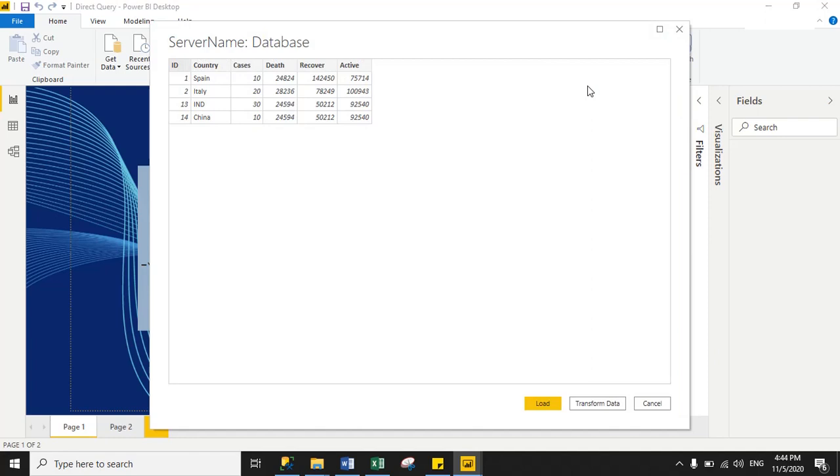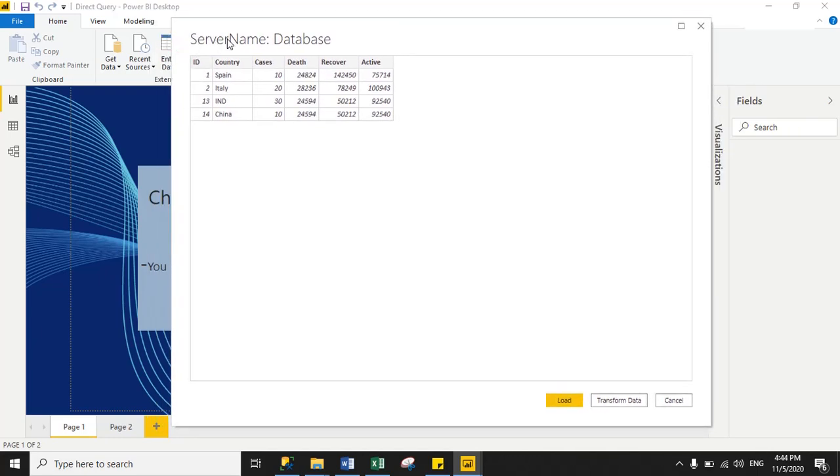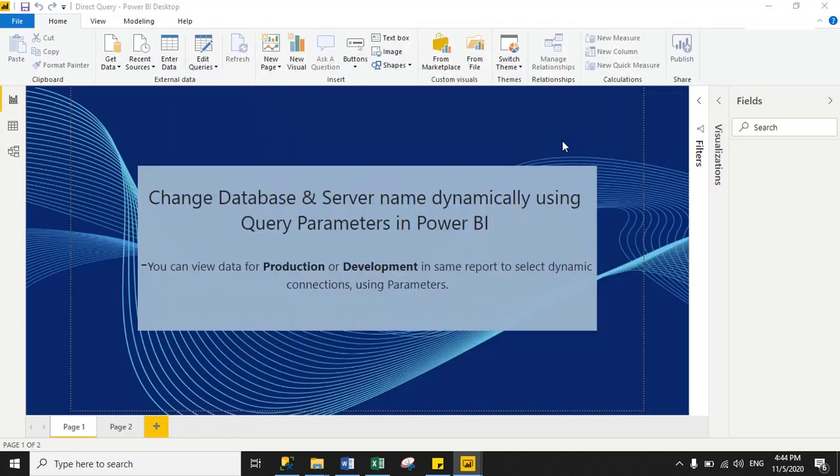Now it will load data, and as you see here, this is a preview of my data, and instead of my database and server name, it is showing me the parameter names. See, server name, this is my parameter name, and this is my database parameter name. And by default it is showing me the development data preview because I selected the development database as default. Then click load.